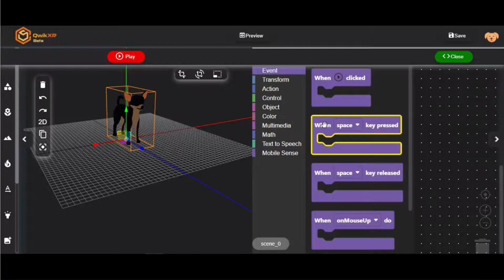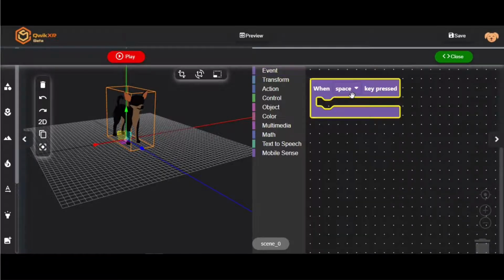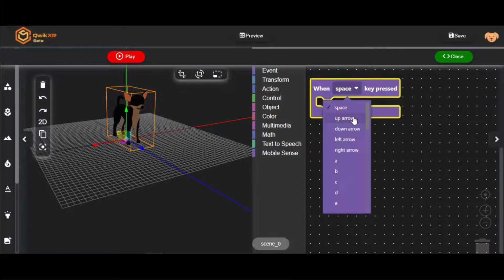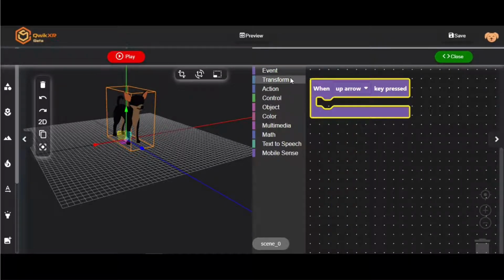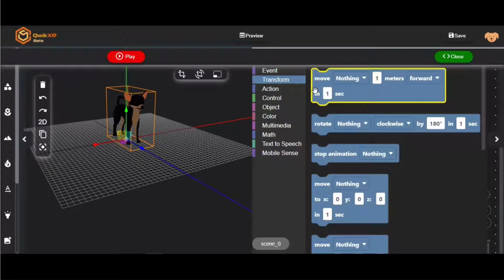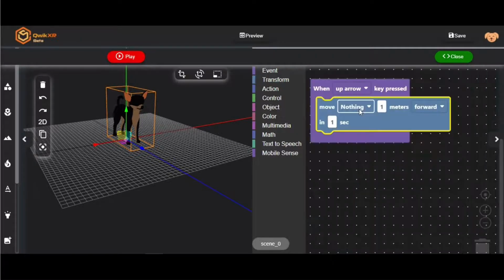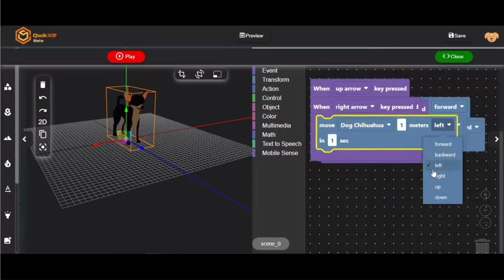Scripts and code blocks are what give life to your apps. Using scripts, you can apply movement to your characters. You can respond to events when a character is clicked on, or when a button is pressed on the keyboard, or when your mouse moves. You can add sound effects, and that's what's going to give life to your applications.